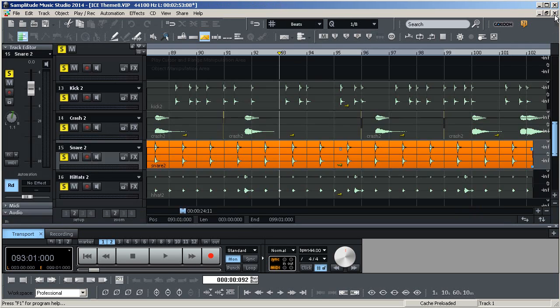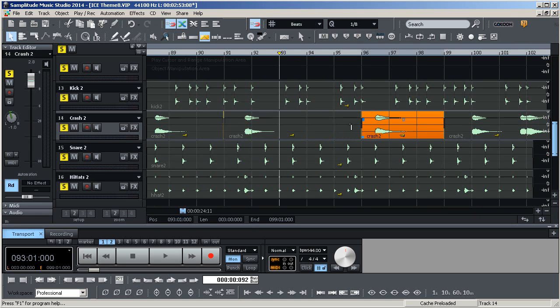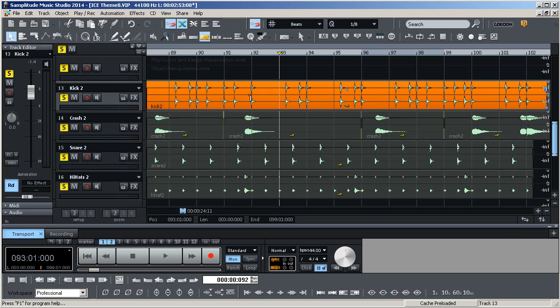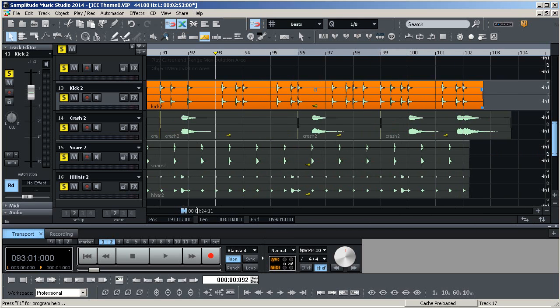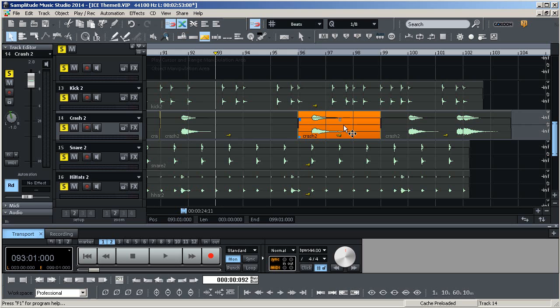So I'm going to show you basically on these crashes here. This was actually an entire track like this. How I selected it, it becomes entirely orange. What I did was I found where the horrible mess up was, and it was a crash. Instead of the crash being hit, it was a tom that was hit as well as the crash. So what I did here was I put